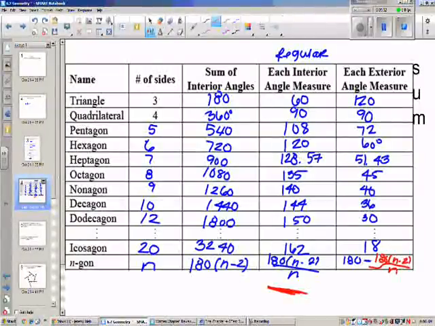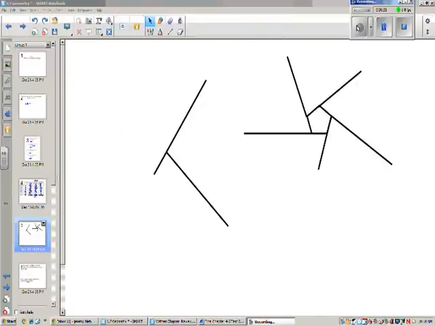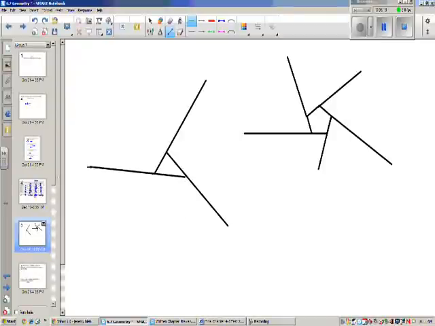Okay, now there's going to be a simpler formula. Because let's look, I'm going to flip to a new slide real quick. I'm going to look and see, let's say we have a small triangle here. Okay, I've got my pictures drawn, except one picture got messed up. Hold on one second. So I have a triangle and a pentagon here, and we can see its interior and